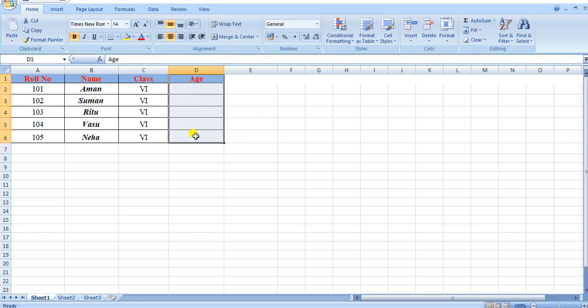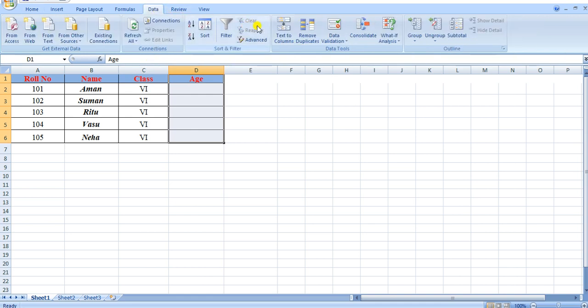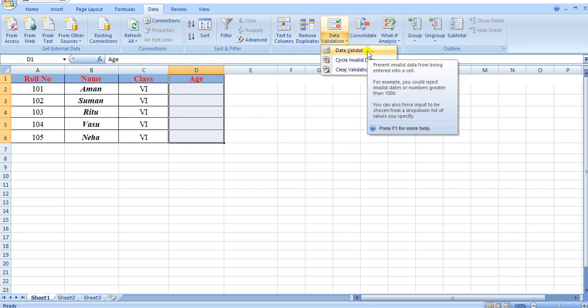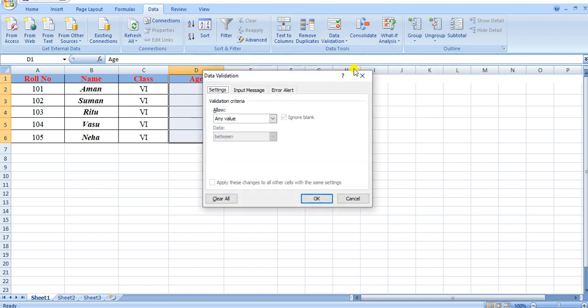Now click on the Data tab and go to the Data Validation drop-down arrow present in the Data Tools group. Select the Data Validation option from the drop-down arrow. So I click on Data Validation and you can see that the Data Validation dialog box appears.